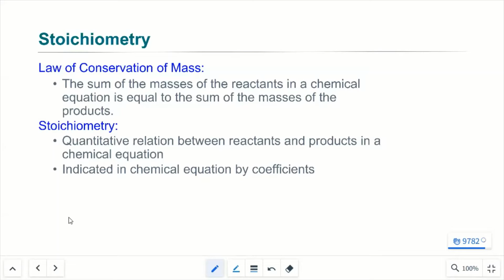Stoichiometry is based on the law of conservation of mass. If that sounds familiar, it's because we used the same exact argument when we were talking about why equations need to be balanced in the first place. All we're doing in stoichiometry is applying an additional layer of calculation onto what we already did in